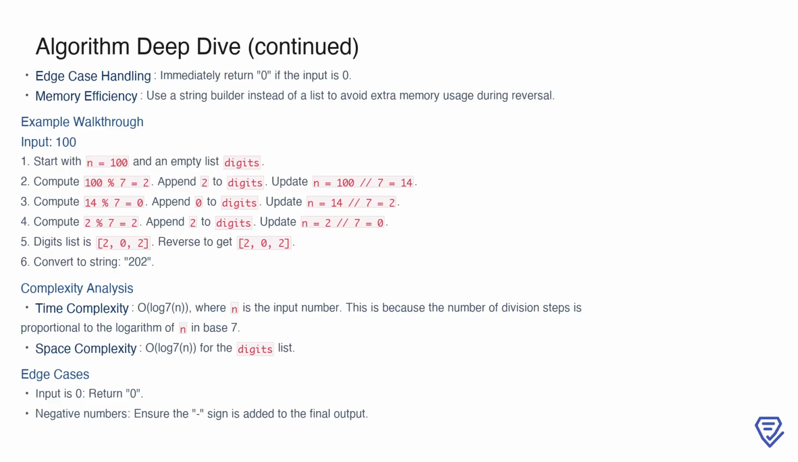Let's walk through an example to see the algorithm in action. Suppose the input is 100. We start with an empty list for digits. First, we calculate 100 % 7 equals 2, append 2 to the digits, and update n to